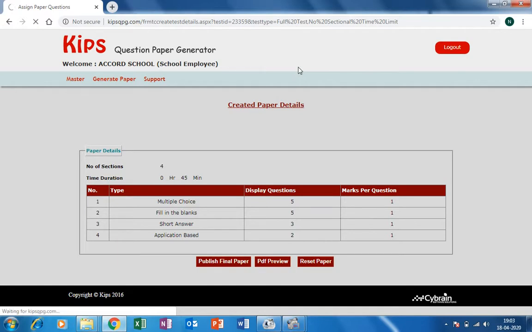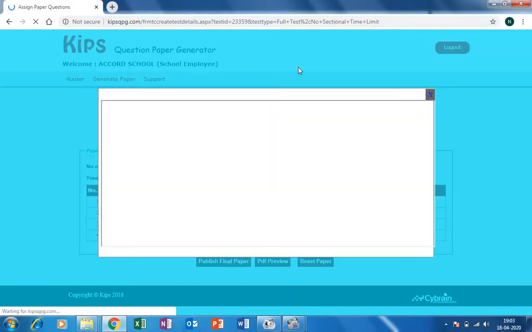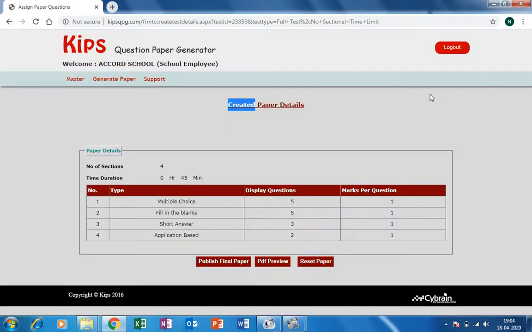Once it is published, you can download the question paper and answer sheet. It will show you both PDF and Word format. Once it is showing updated successfully, click on the close button here.